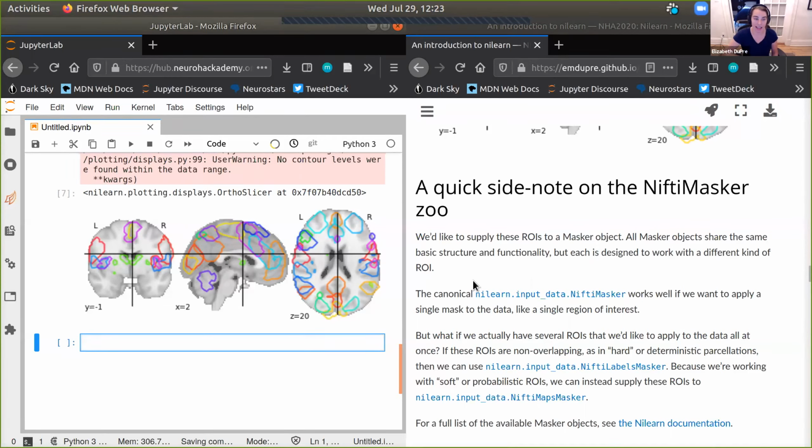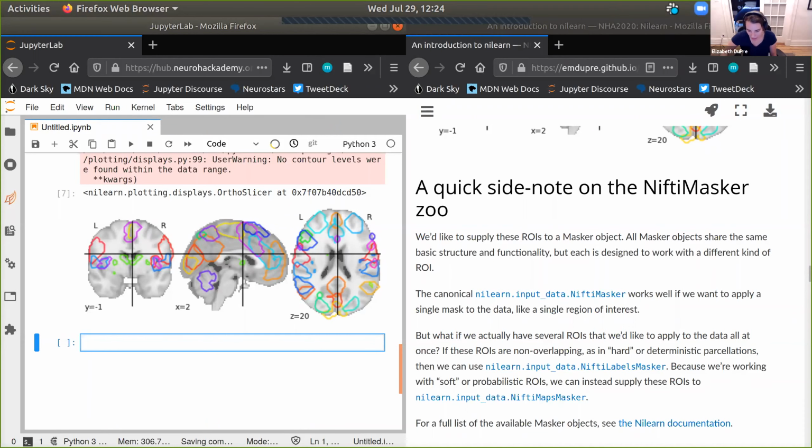If you have a .label file, that makes me think that you're using something like GIFTI, and there it would be a little bit more involved. I'm happy to talk about that afterwards. But if you just have an atlas like the Harvard-Oxford Atlas or the MSDL Atlas that's not in Nilearn, you could treat it similarly. It just wouldn't have those extra pieces of information, like what networks it corresponds to. That's something you could add in yourself. No, that's a great question.